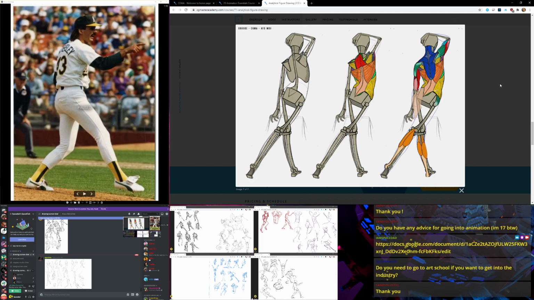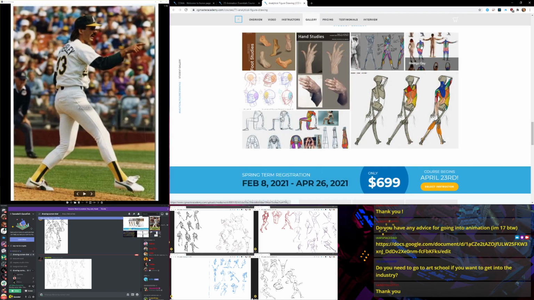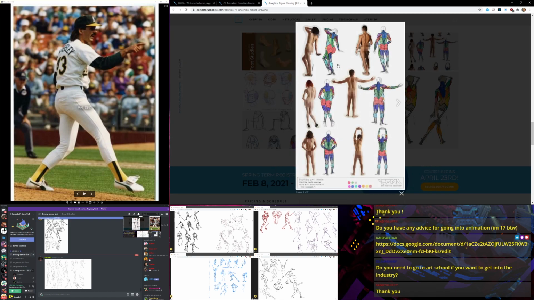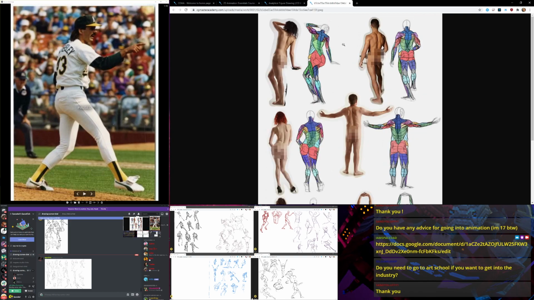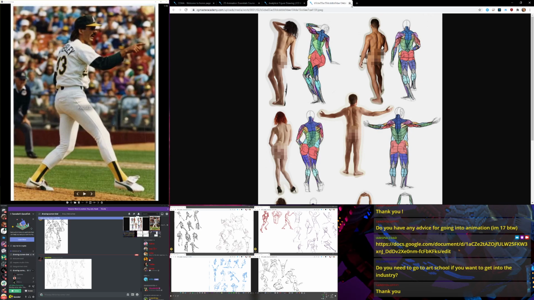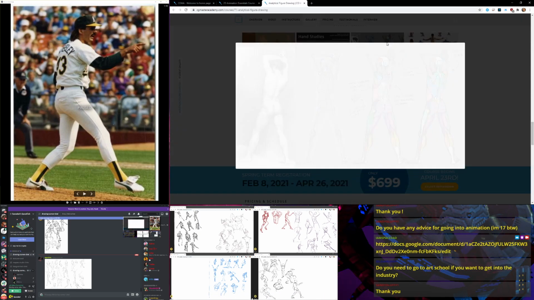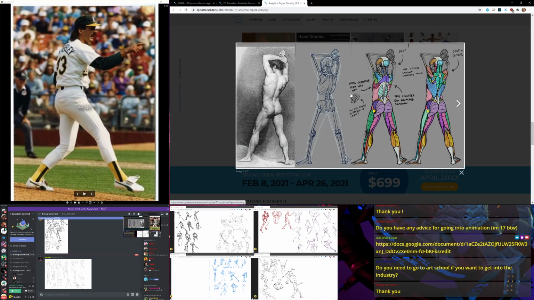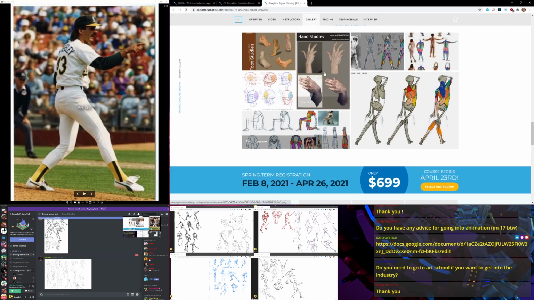This is actually giving me some really good ideas of stuff that I can have us doing next week. I'm gonna see if I can find some drawing demos of some analytical figure drawing people. Let's see what their process is a little bit better, because I've done stuff like this before, but maybe it's not this in depth.